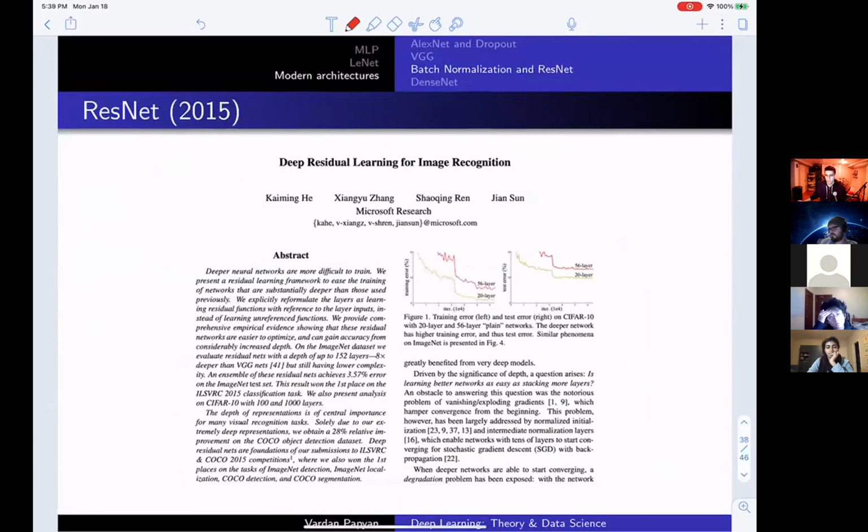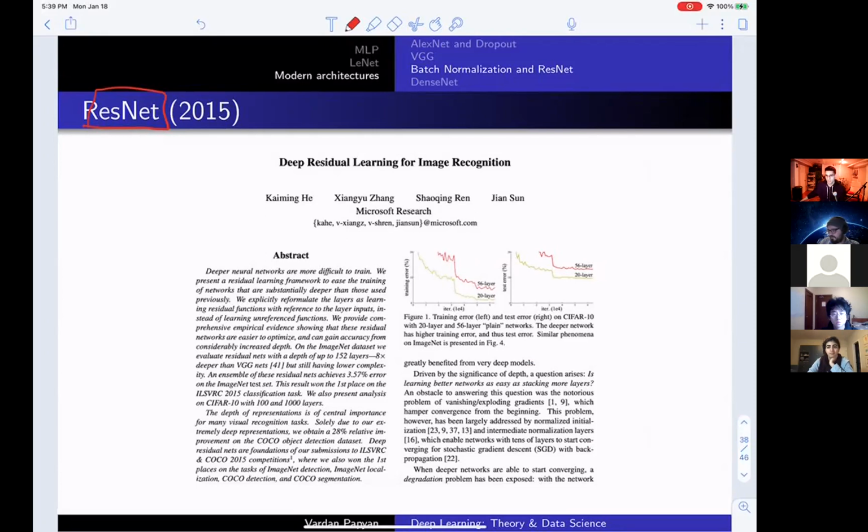No, not good enough. So the next thing I would like to discuss is ResNet. ResNet is a different important architecture. So we had MLP, we had LeNet, we had AlexNet, we had VGG, and now we have ResNet. ResNet is a paper that came out in 2015. And this paper was, I think, a significant mark